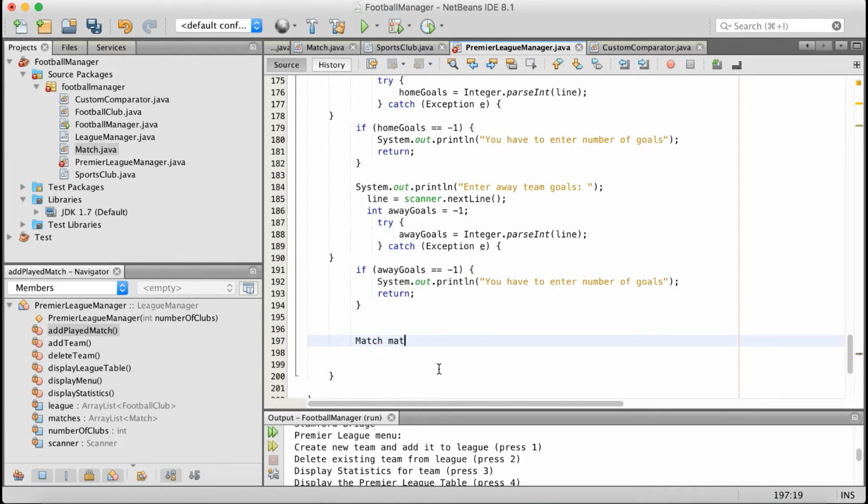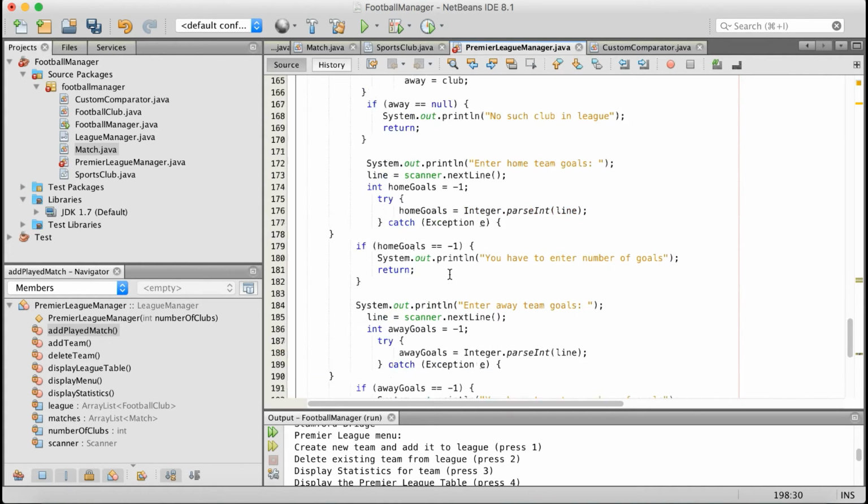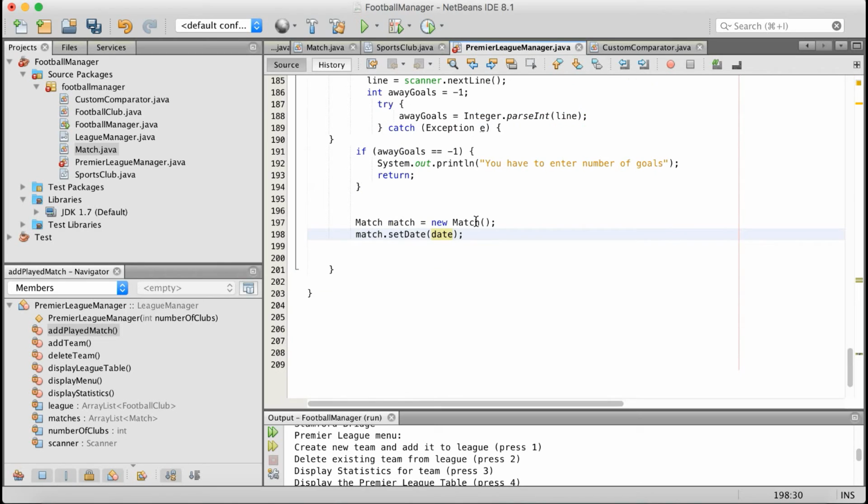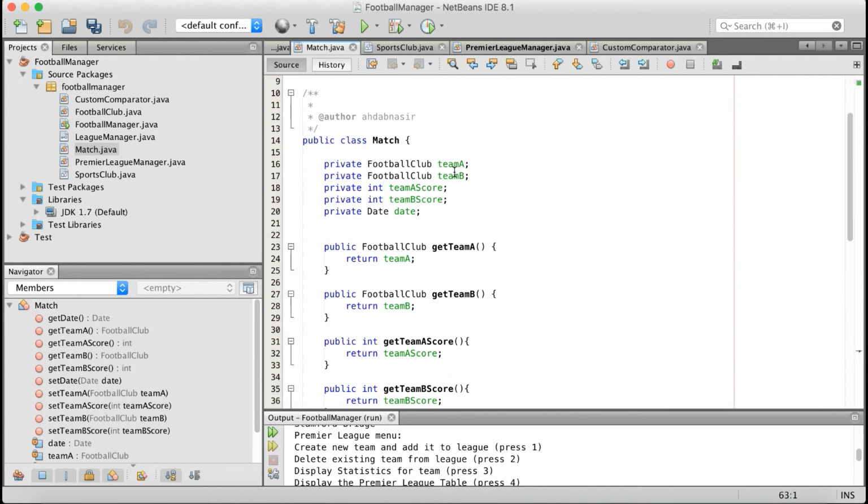So we're going to do match equals new match. So now we're going to do match, we're going to set the date, which is date. As you can see here, if we go up quickly, the date is here, so we've got the date. We're now going to set team A as home, and we're going to set team B as away. So again, if I just go back to match, we have team A and team B,